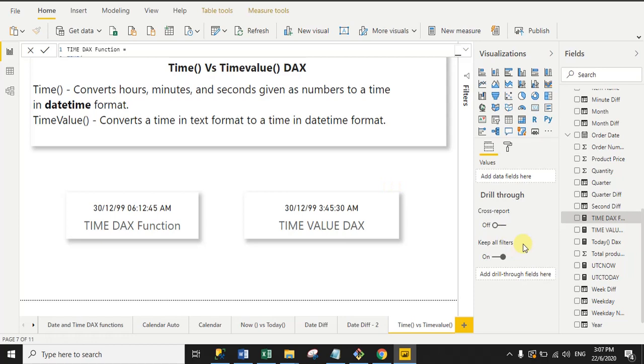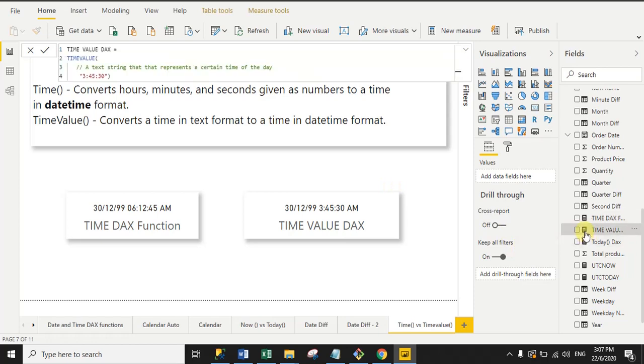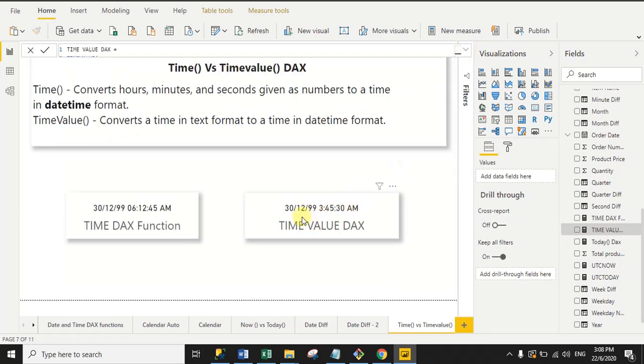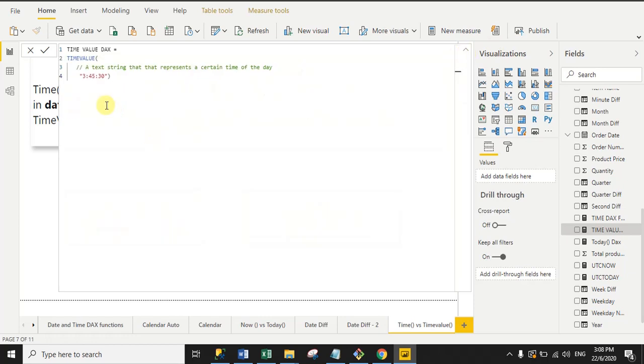Now I will show you the TIMEVALUE text function. It returns the same result but in a different way; here you have to pass the time in text format. You can see here I pass the time in text format, 3 hours 45 minute 30 second. So it will return the time 3:45:30 AM. See, and now I'm going to change the time.